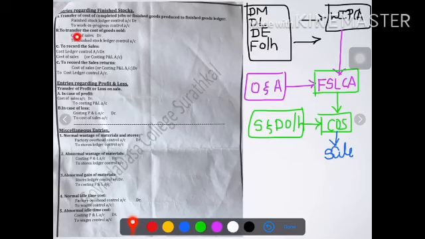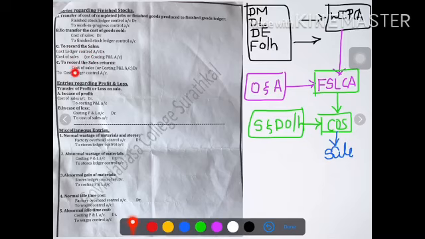See the entry here. To transfer the cost of goods sold, the entry will be cost of sales account debit to finished stock ledger control account. Next, what happens from here? It will become sale. When the goods are sold, the cost of sales will go out, whereas the money or debtors will come in. Therefore, to record the sales, the entry will be cost ledger control account debit to cost of sales account. In case of sales returns, it will be the opposite of the same entry.